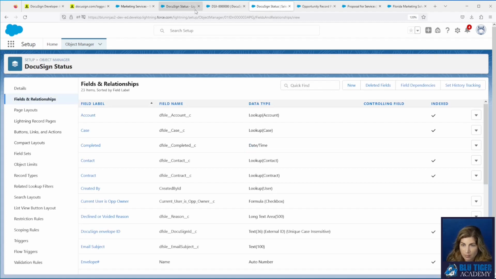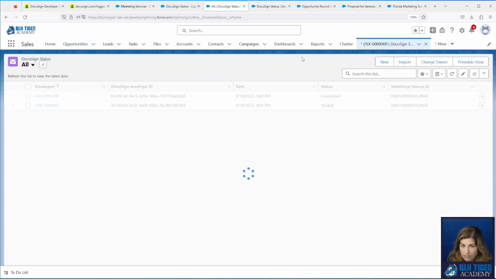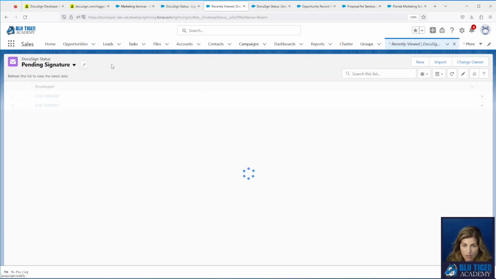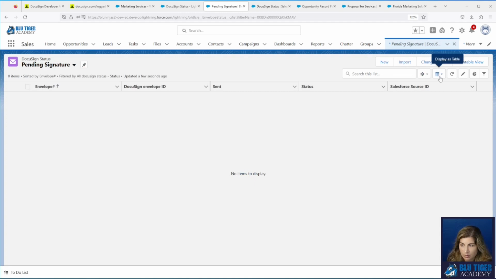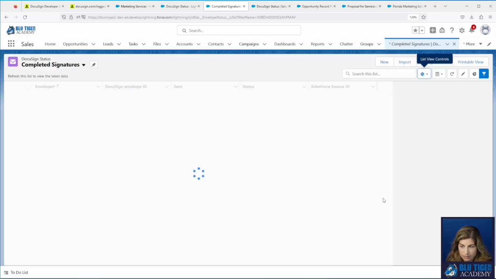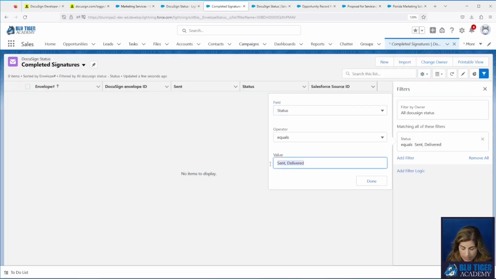So now let's go back to our DocuSign status tab. And here's all our pending signatures for all users. We can also clone this. You can call this whatever you want. I'll call it completed signatures. And this is going to be status is completed.